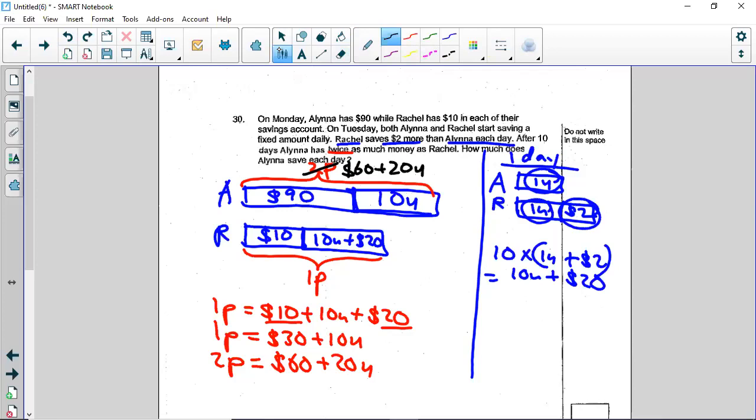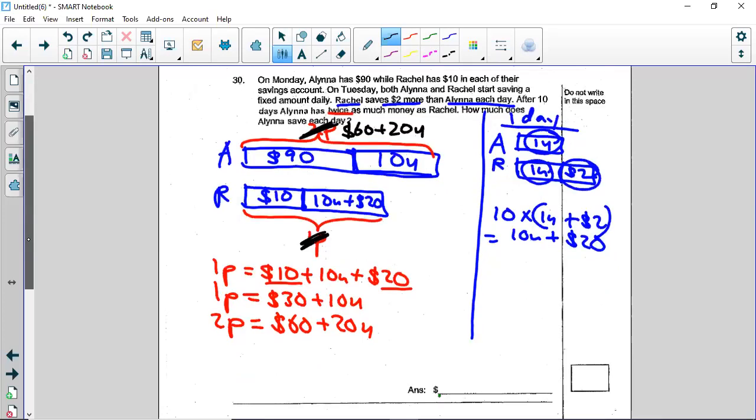The model all become what? The model all become units. If you look at the model, all units already, right? No need to look at the parts anymore. That is the purpose of parts and units, right? You have parts and units model so that you can change everything into all either parts or into all units. Okay, then you can solve because can you see the